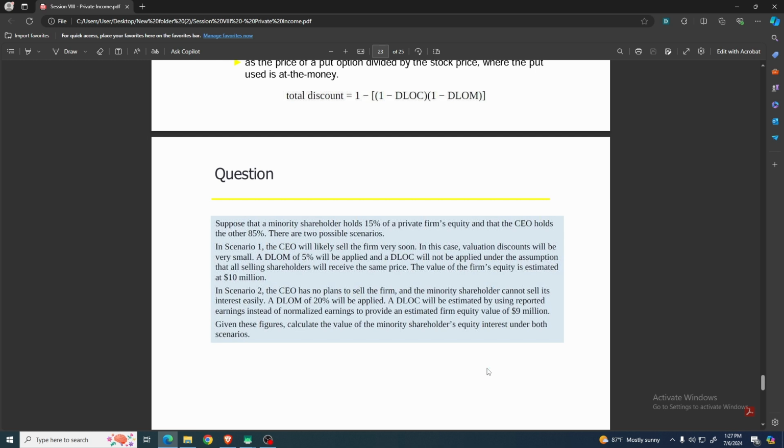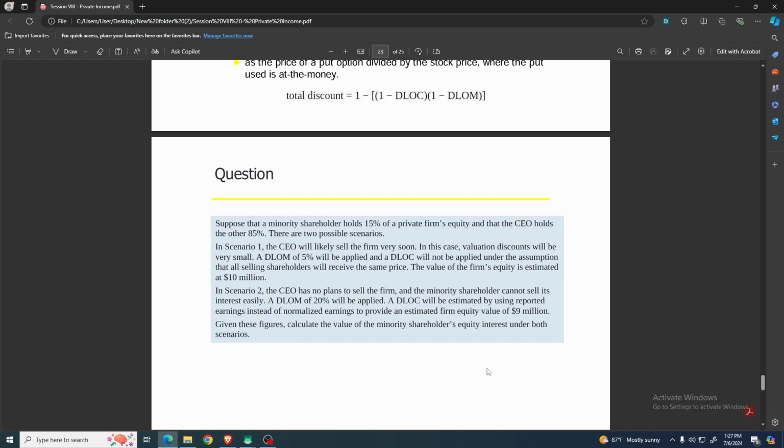And for the equity value after the DLOC, a DLOC of 10% is going to be estimated. So here the equity value after the DLOC is going to be 1,080,000 multiplied by 1 minus 0.1, or 1 minus 10%, that would be $972,000. So in this scenario, the absence of a sale and the inability of the minority shareholder to sell their interest